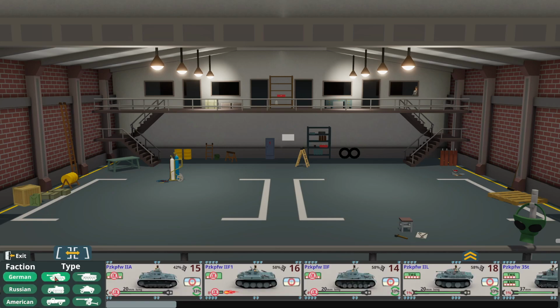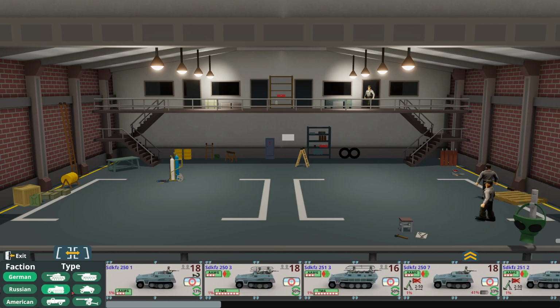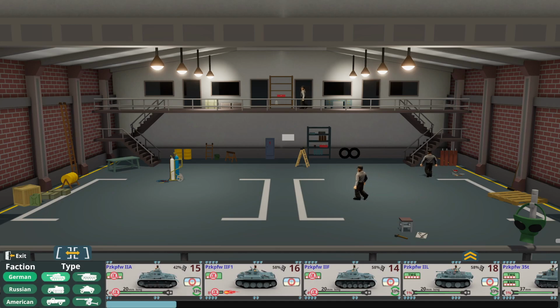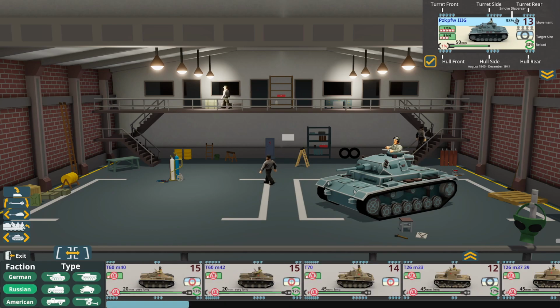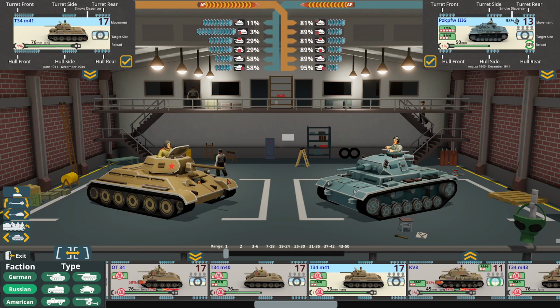For each nationality or faction, it has tanks, self-propelled guns, half-tracks, armoured cars, trucks and guns. Let's go back to German tanks, so you can pick Panzer III. Let's select Russian, let's pick the Russian tank, the T-34. Okay, and lots of stats to look at later, or in the manual, but here's something that is